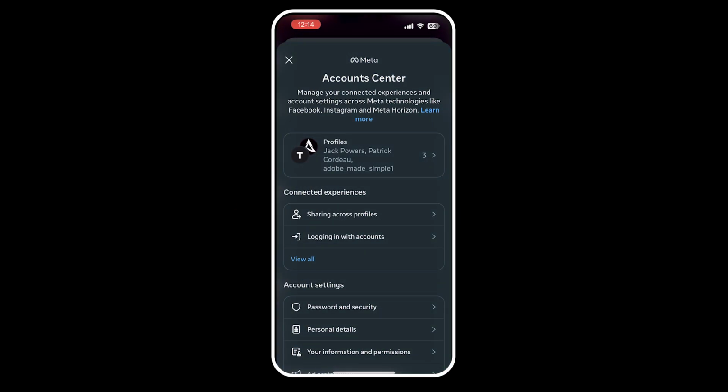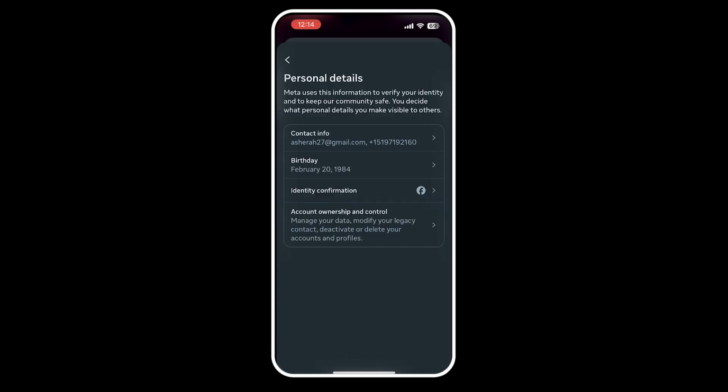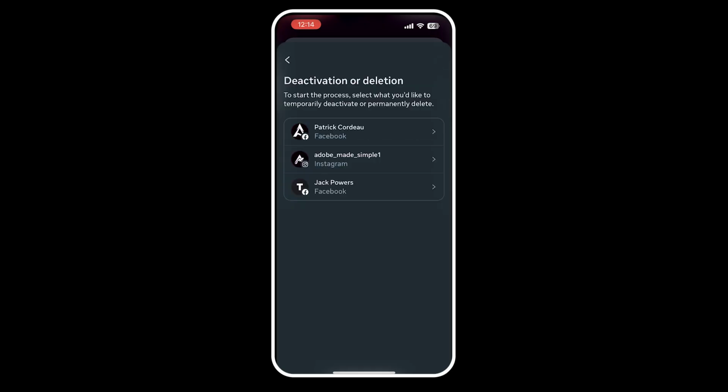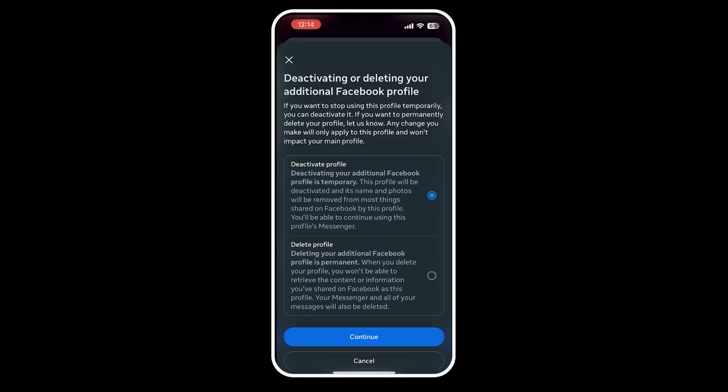Under Account Settings, click on Personal Details, then select Account Ownership and Control. Now you have two options, memorialization or deactivation and deletion, so we're going to delete it. This next screen will ask you which Facebook profile you want to delete, so click on the one that you want. Facebook will ask if you simply want to deactivate or permanently delete your account, so I'm going to click